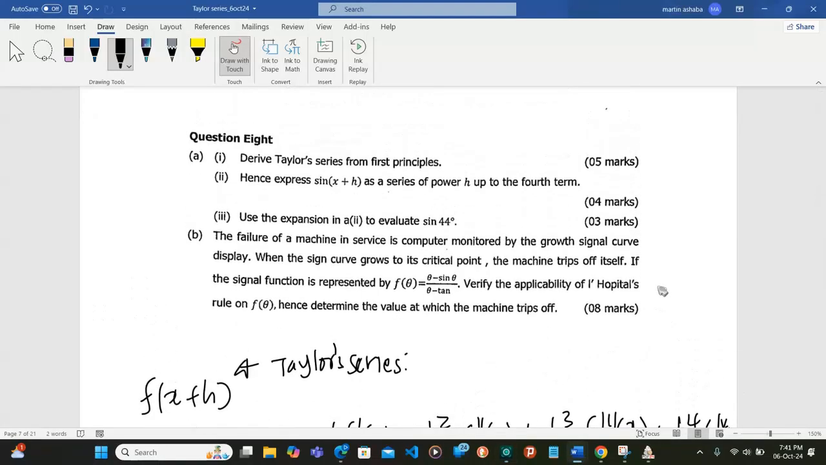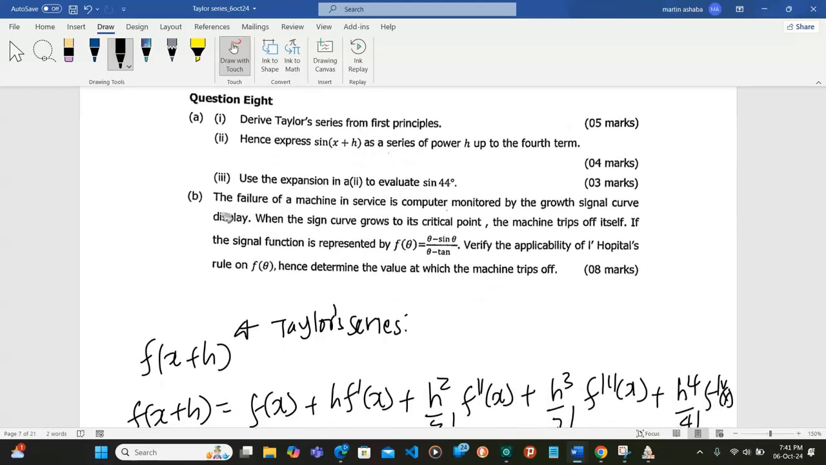So we have earlier on found the solutions to these problems. We are looking at part B. The failure of a machine in service is computer monitored by the growth sign signal curve display. When the signal curve grows to its critical point, the machine trips off itself. If the signal function is represented by f of theta equal to theta minus sine theta divided by theta minus tan theta, verify the applicability of L'Hospital's rule on f theta, hence determine the value at which the machine